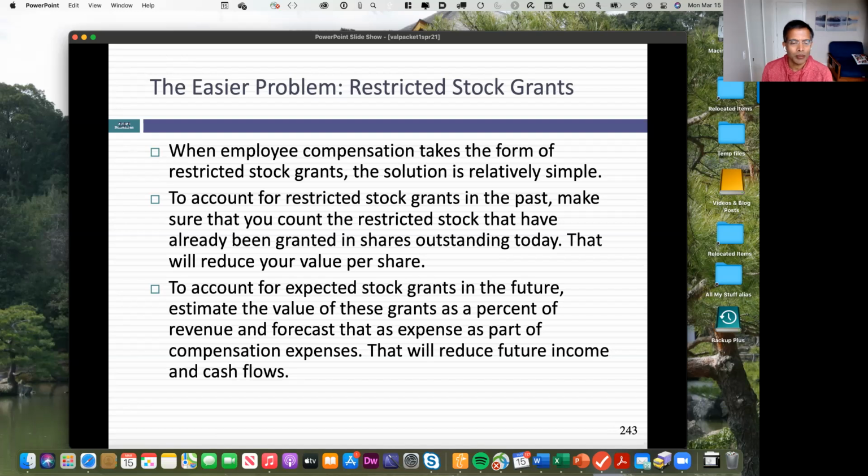One way to deal with them is to bring in the probability that you will not get vested and try to adjust those shares, because they're real shares outstanding. This is not some made up stuff. These are shares outstanding. But let's face it, when you think about a company with 3 million restricted shares outstanding,